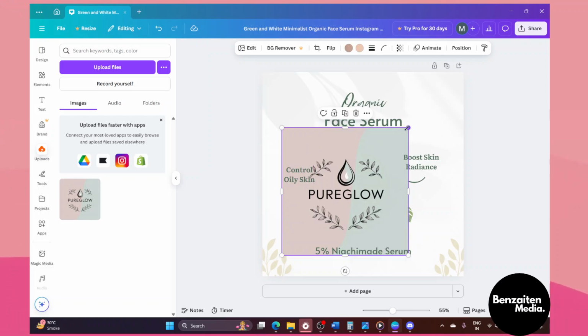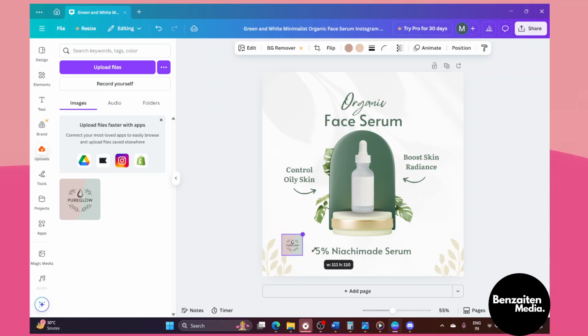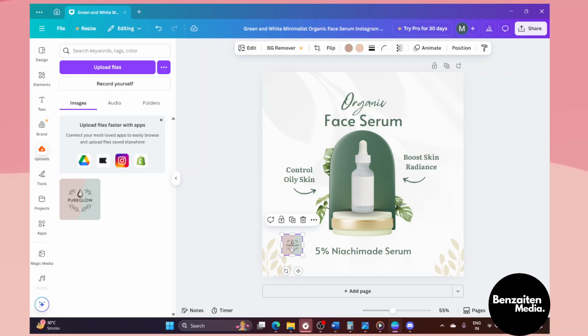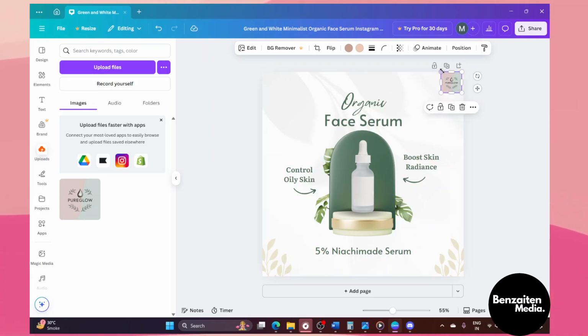Now we can resize it according to the size we want and place it wherever we want. So I'm putting it at the top right side of the template and drag it and move it. If you want to change the color of the logo, you can just click on the colors